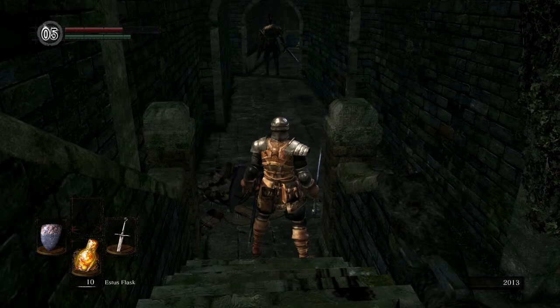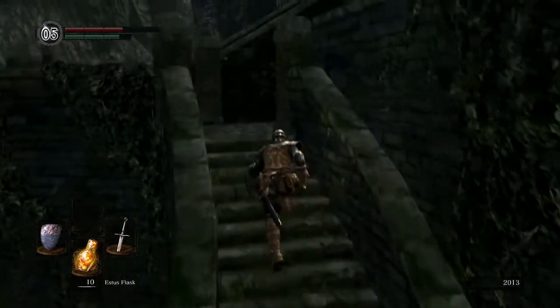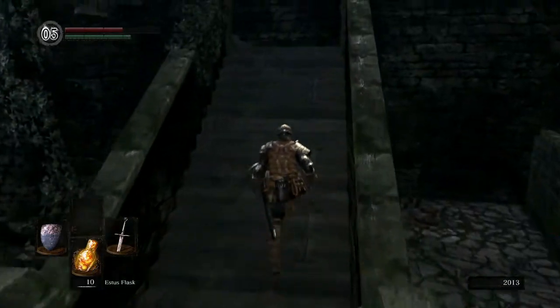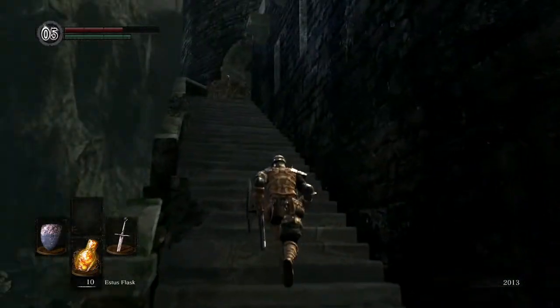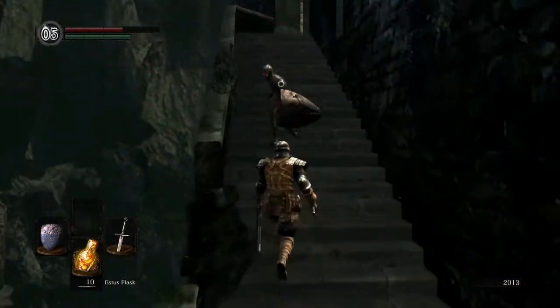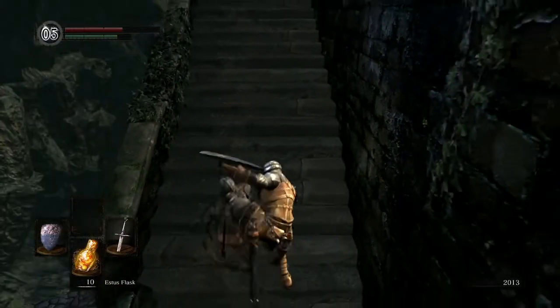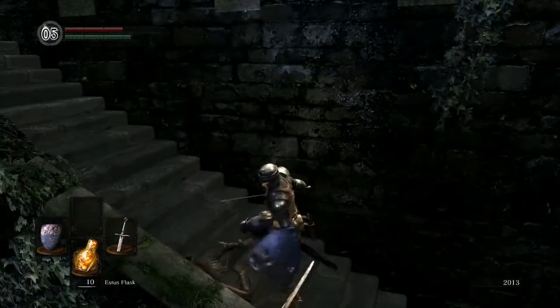Now, these guys are very powerful. We will take them on with the other character, but for now, we're just gonna leave it be. Don't want to bother him with this guy yet. We are going to just dodge that out of the way, and see if I can get a riposte on this guy. Yes, nice. Unfortunately, riposte on...